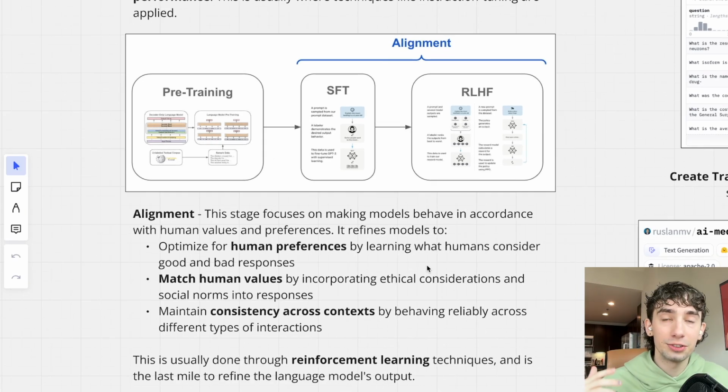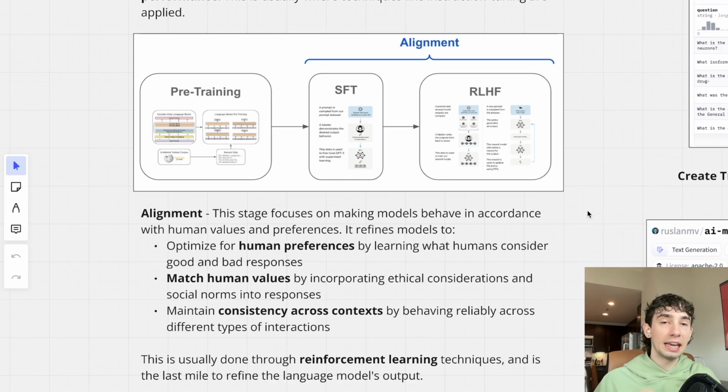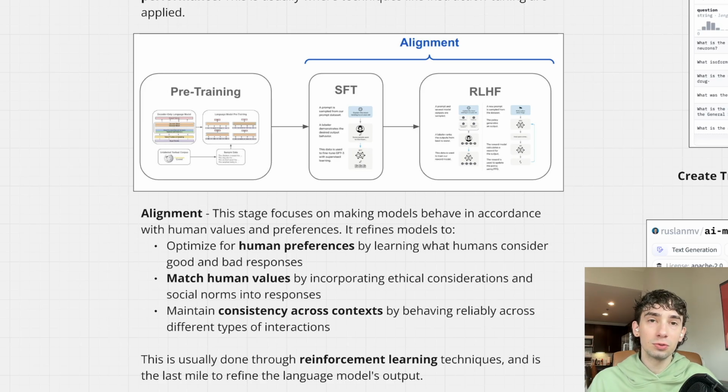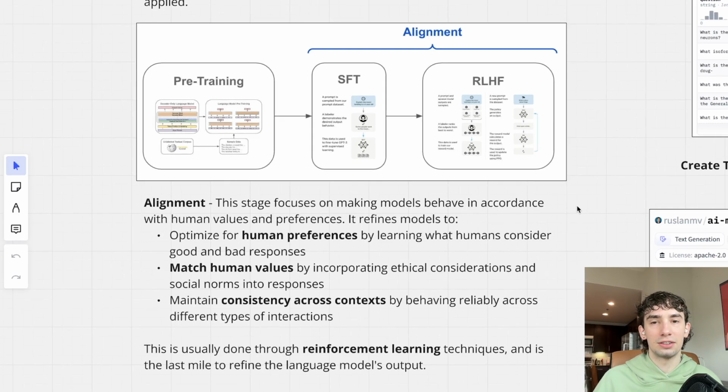But supervised fine-tuning is only one step of the alignment phase. The other half is actually making sure that our models are behaving in accordance with human values or specific preferences. And this is where a lot of different techniques come in to really optimize for human preferences by learning what humans consider to actually be good and bad responses, and then iterating on your model to actually go more towards generating good responses. And then we can also do some things here like matching human values by incorporating ethical considerations or social norms, and then maintaining consistency across different contexts or being able to reliably generate between different types of